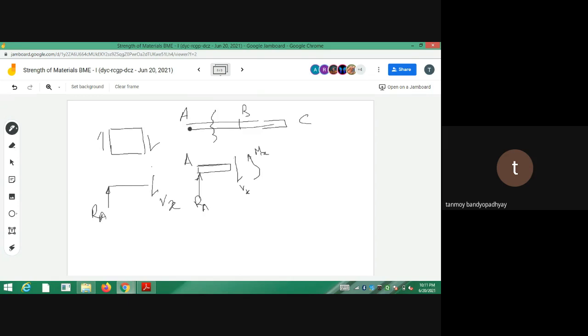If I do the same balance from the right side, if I cut it, at any point inside the element that has to be in equilibrium. So if Vx is on this side for the left element, then for the right hand element you have to take Vx on the upside. And this is your anti-clockwise moment, so you have to take a clockwise moment. Are you able to understand?